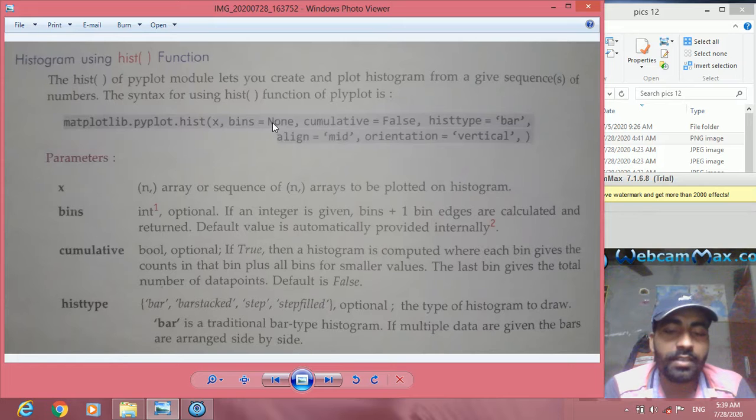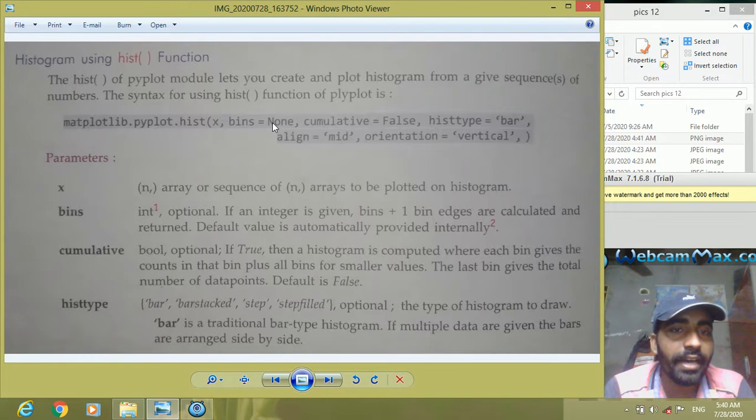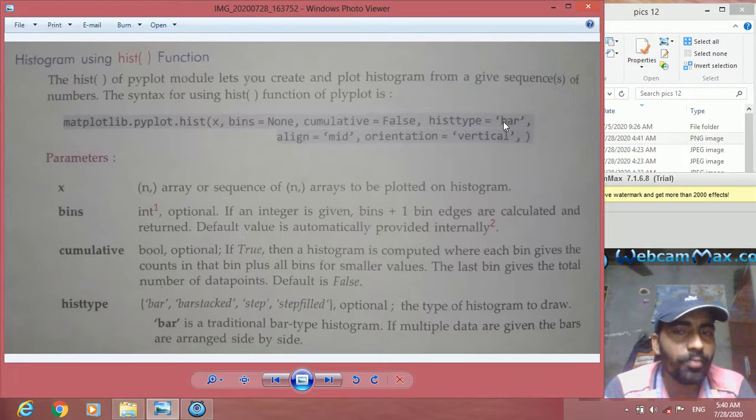How many numbers in array form you want to display. Cumulative can be a boolean value, true or false. Histtype means the bar type you want to show, stepwise you want to show, as here given, bar is tagged, step filled can be there, it is also optional.